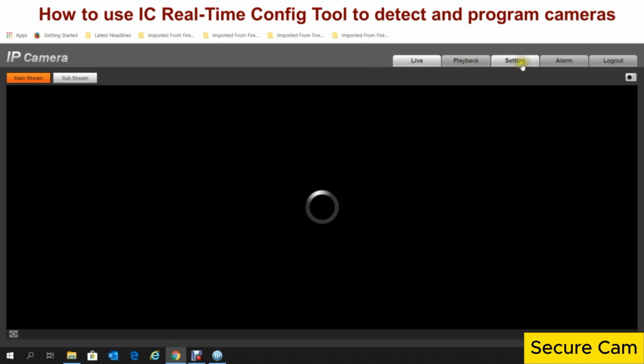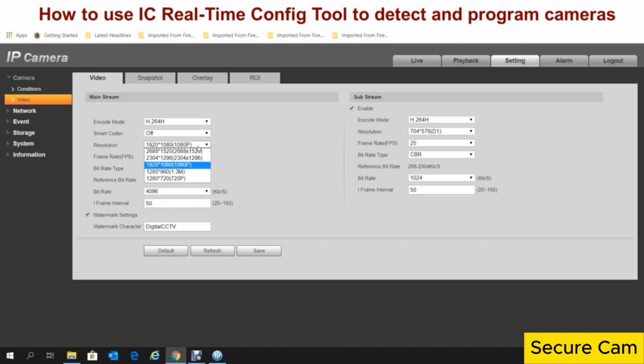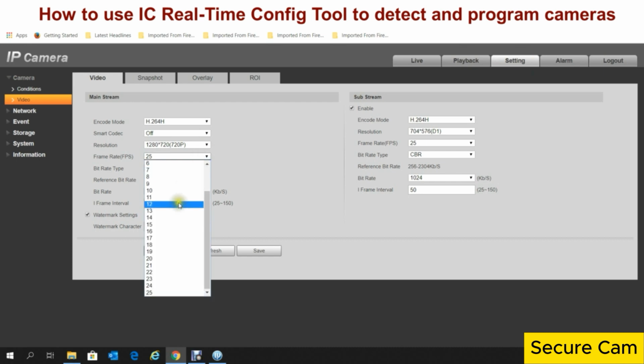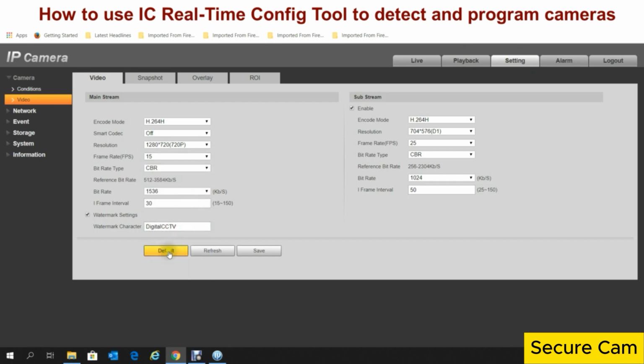No. So again, the maximum I can handle on this computer is this, and we go to 15, and we can go to H.265 compression. Save,